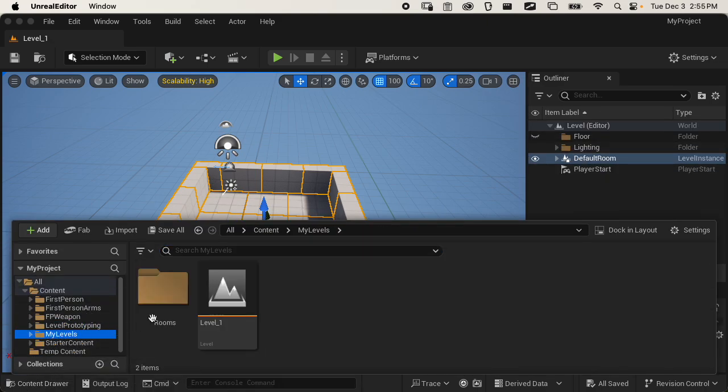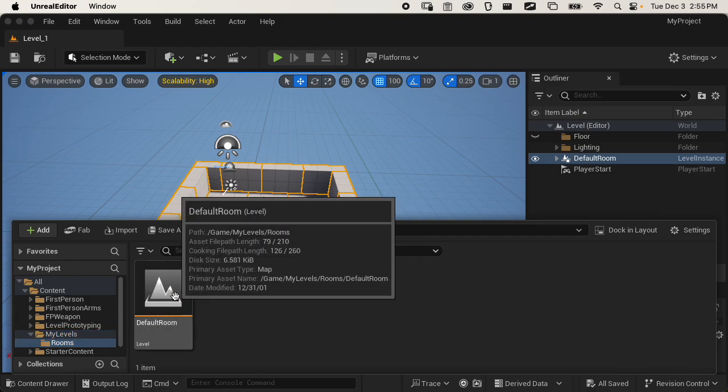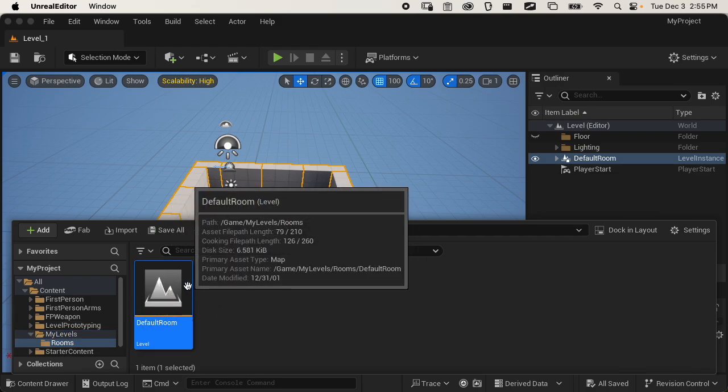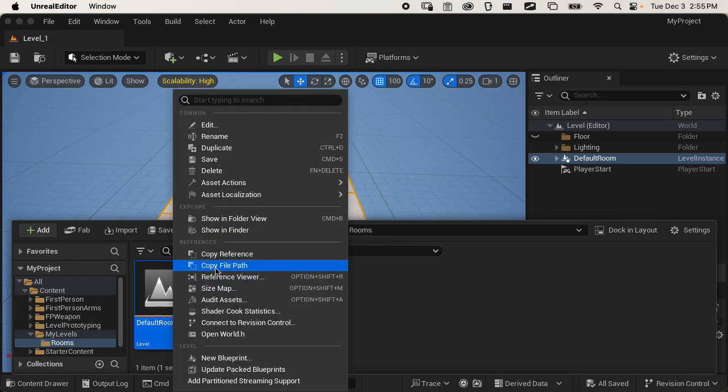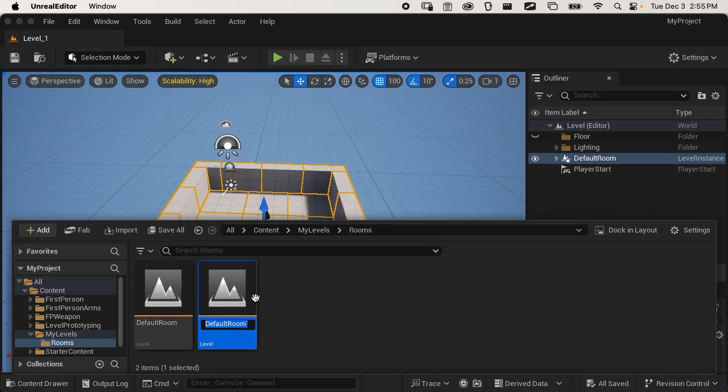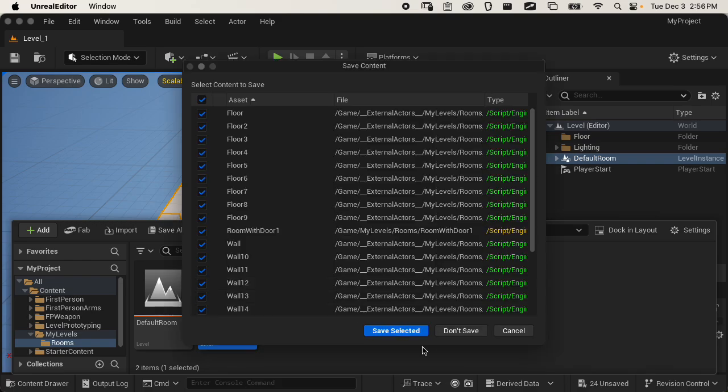So in our content drawer, in our levels, in our rooms, we now have this default room. So if I duplicate this room like I did with my material, I can make some changes to it. So I'm gonna duplicate this room and I'll call this room with door 1. I'm gonna have a few of these. And then if I open this guy up,